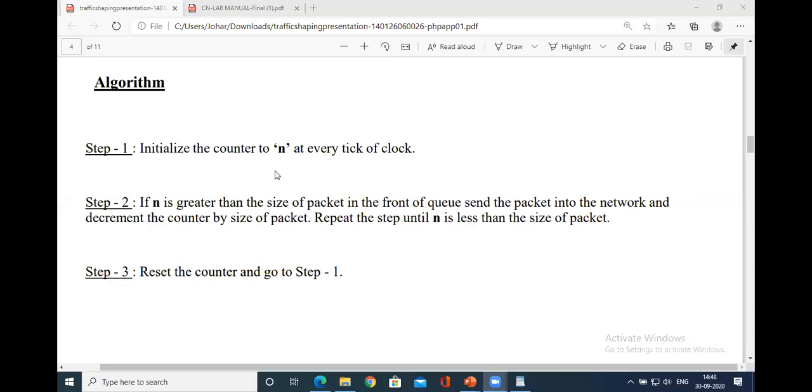You need to initialize the counter to n, that is, how many packets you want to send. If it is 3 packets, of which size? Maybe by using a random number, we generate a different size.